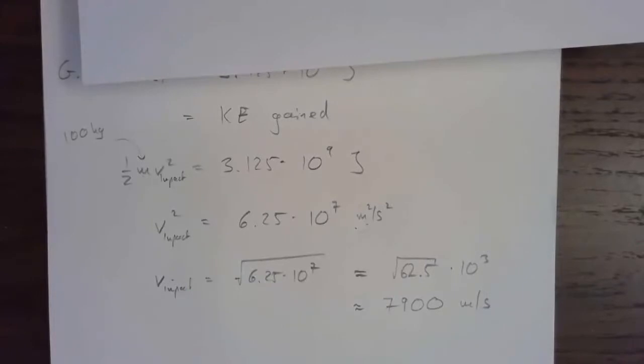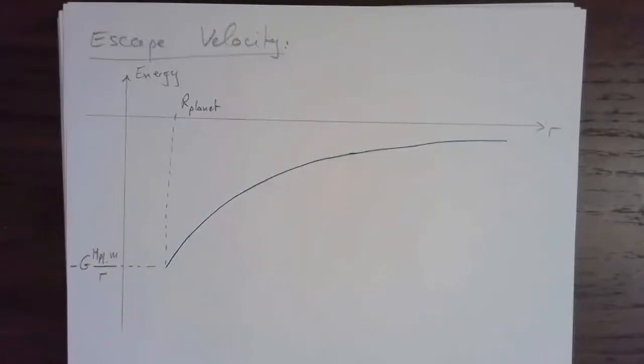Okay. Let's apply these ideas to a concept that we call escape velocity. The idea is this. Imagine you're on a planet, and suppose the planet doesn't have an atmosphere that would burn you up if you go too fast, or maybe you're on the moon, and you want to jump, or throw something, or shoot something, right? You give something some initial velocity. The question is, how fast does the thing have to go when it leaves the surface so that it never